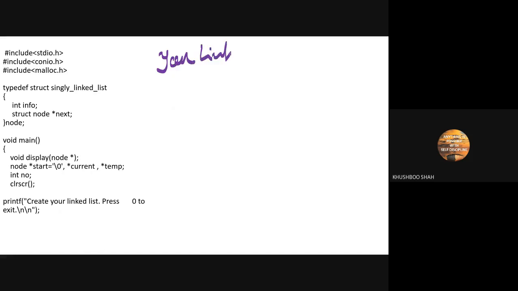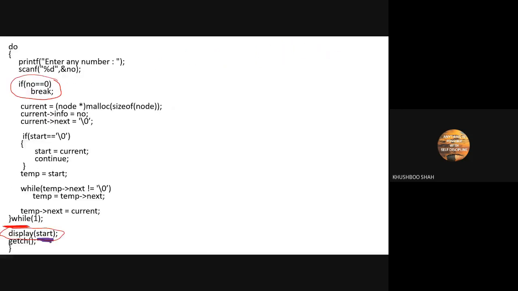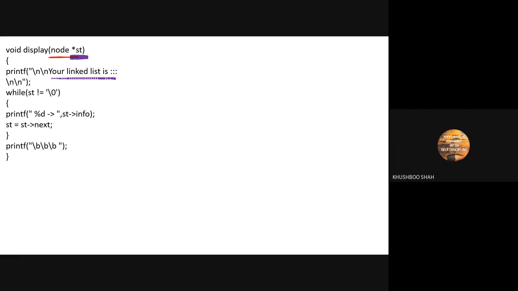"Your linked list is". So this is the printf, and slash n means the printing will start from the next line.